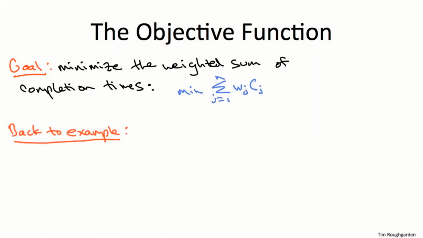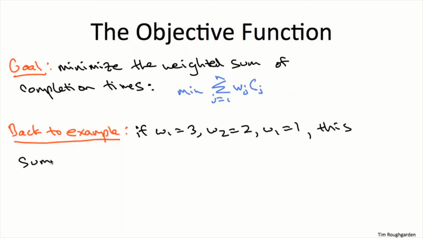So just to make sure this makes sense, let's go back to the example that we saw. In that example, we had jobs with length 1, 2, and 3, and we thought about the schedule where we scheduled them in that order. To evaluate this objective function, I have to tell you their weights. So let's suppose their weights are 3, 2, and 1, respectively. In this case, the weighted sum of completion times in the schedule in the previous slide, well,